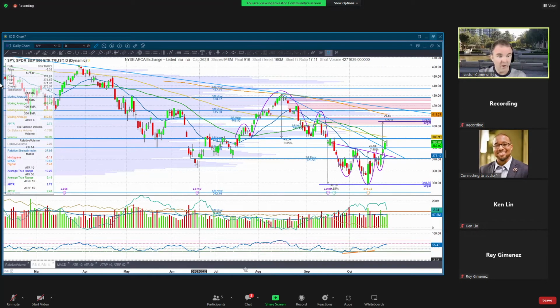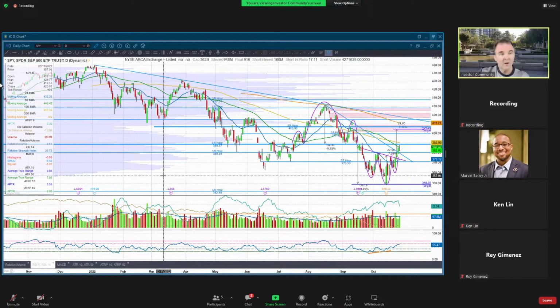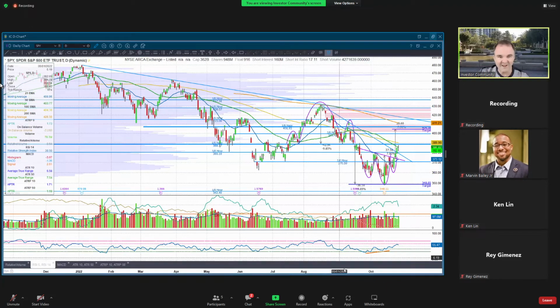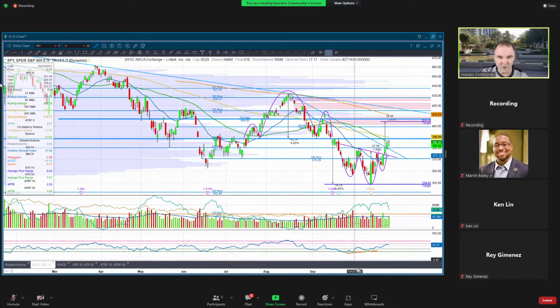Okay, so when we see a head and shoulders pattern in a trend, like in a downtrend, we see a head and shoulders, what would be kind of a top. If this were in an uptrend, we consider that to be a continuation pattern, and that fulfilled its destiny as a continuation pattern. And you can see that we hit the target almost to the penny on this head and shoulders.